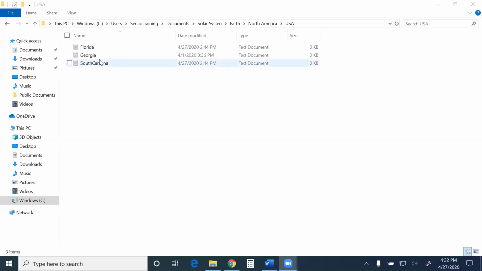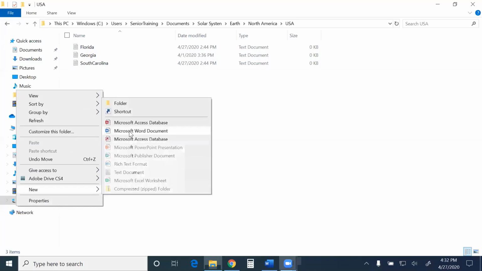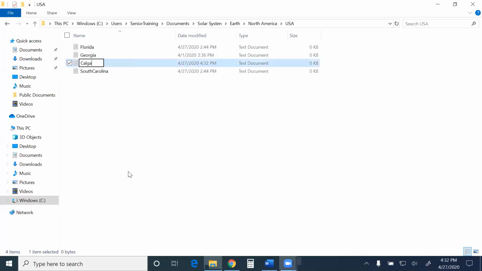Now let's say I had these three files that I've created, and let's say that I accidentally put a new text document in here, and I accidentally called it Calgary. Okay, so Calgary does not belong in my USA folder.